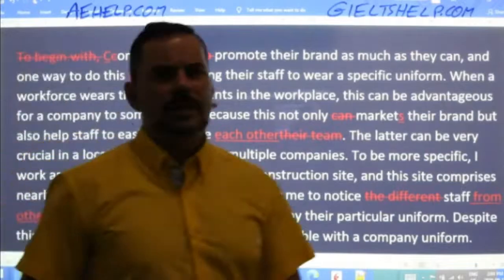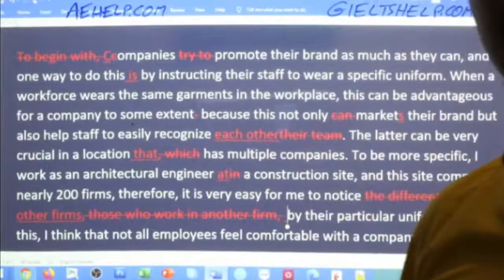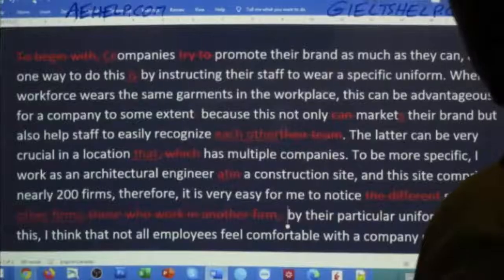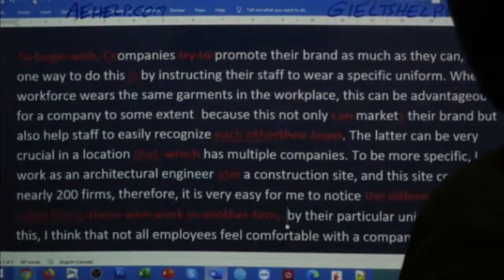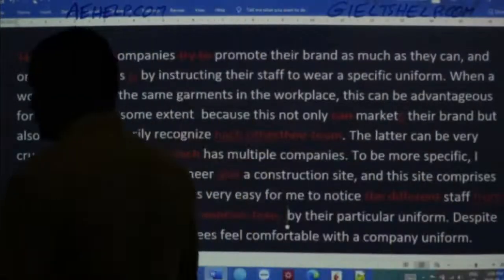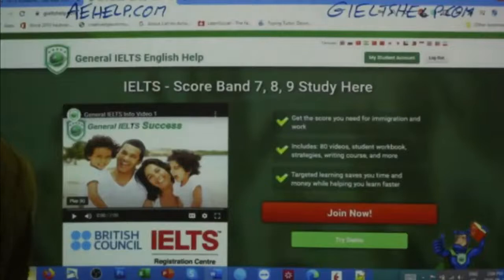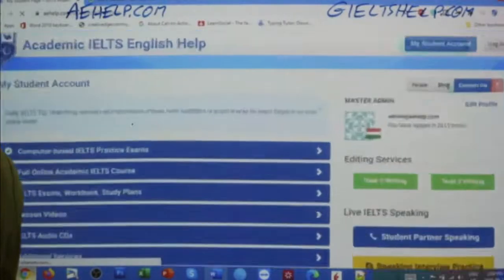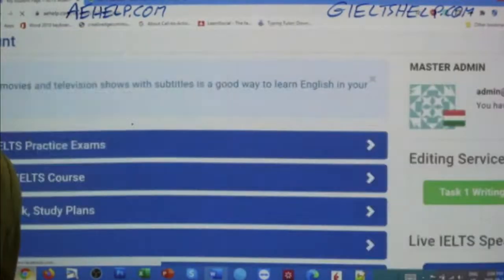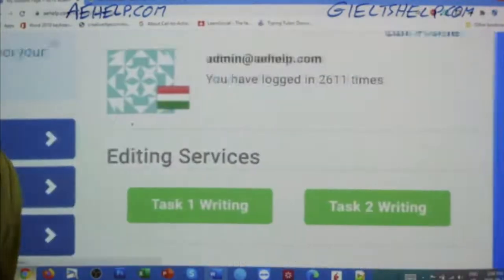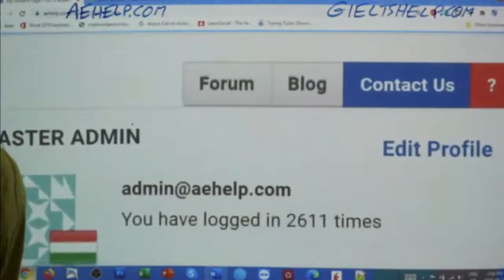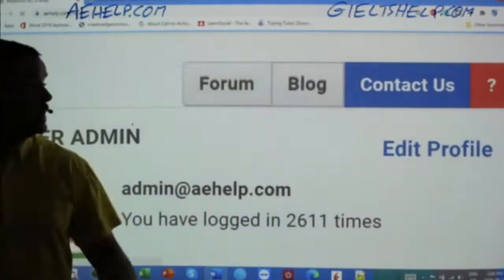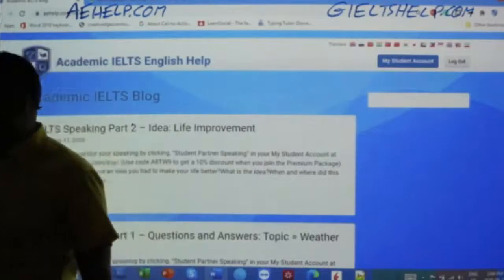I'll quickly show you that because I think a lot of you can really get a lot of value from this. So let me just darken the screen. Just give me 1 second here, everyone. So again, this is our academic IELTS website. And in the academic IELTS website, I know many of you have access to this. So if you go to the blogs, okay, it's in the top right here. So you go to the blog, and then